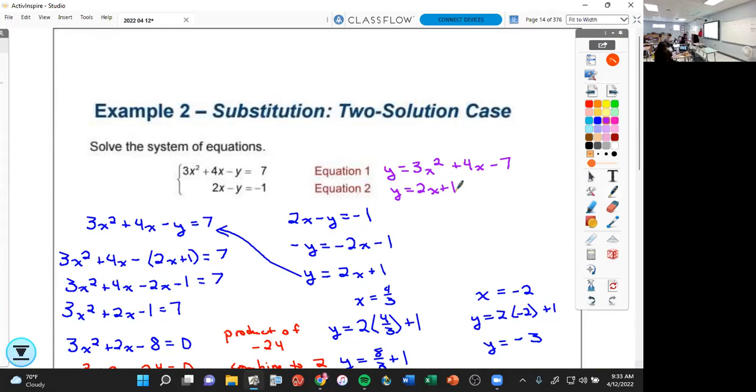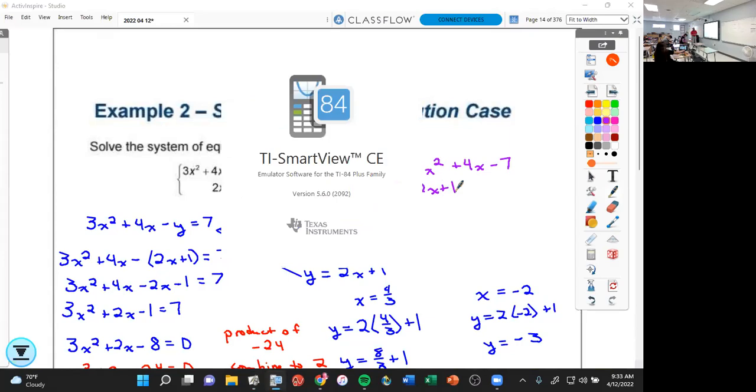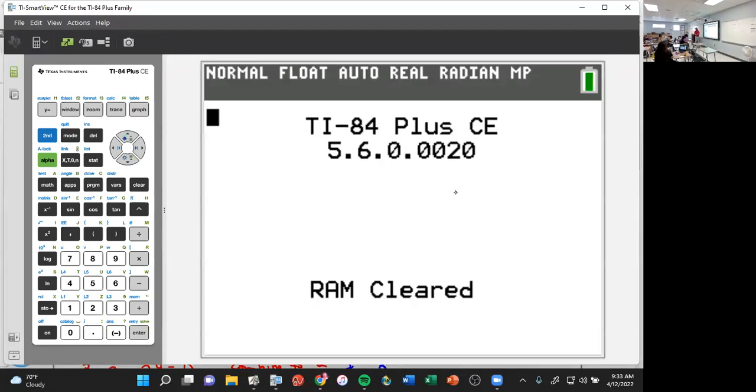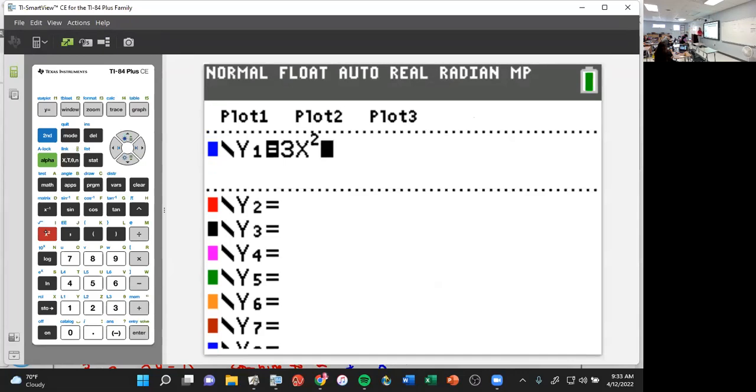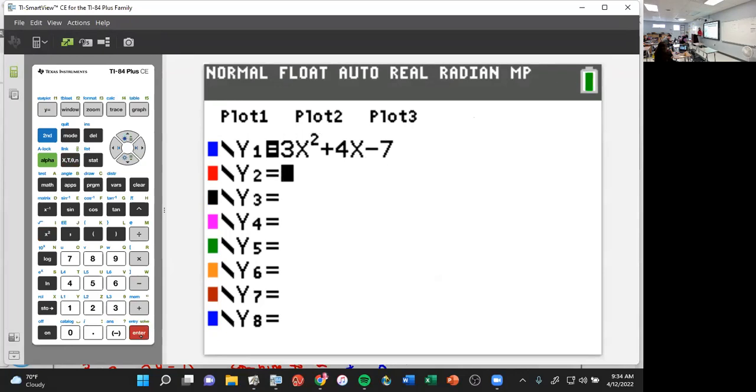Okay, break out the handy dandy calculator. The first equation was 3x squared. I don't remember the rest. Help me here. Second equation was? Okay. Very good. If I graph that,